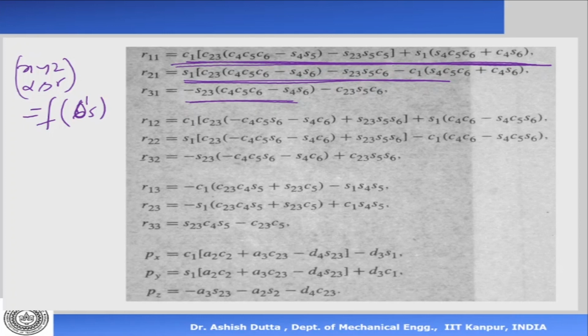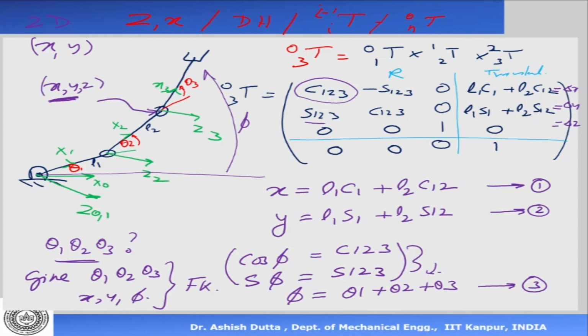There are manipulators where closed form solutions don't exist. So that is the first thing we need to know: when we are saying how many equations and how many unknowns there are, just because the number of equations and the number of unknowns are equal does not mean that you can solve.